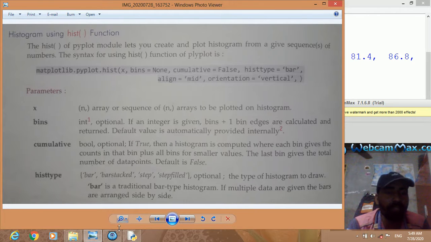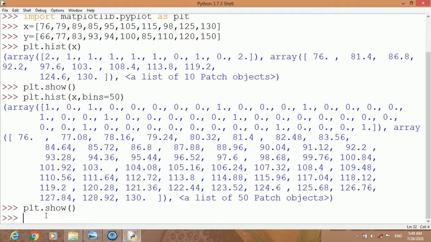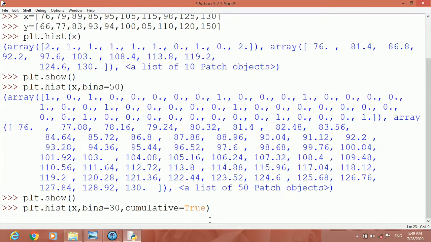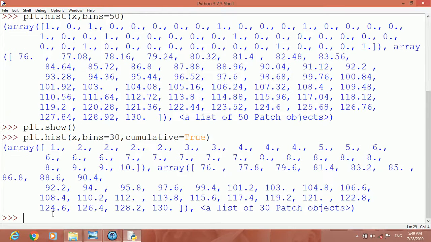So let us use this cumulative argument. Let us plot the value of x comma bins. How many bins do we want to display? Suppose we want to display 30 bins. Now let us write the cumulative argument: cumulative equal to true. Now press enter. Here you can see 30 bins have been plotted.